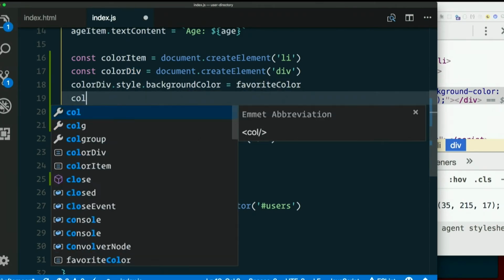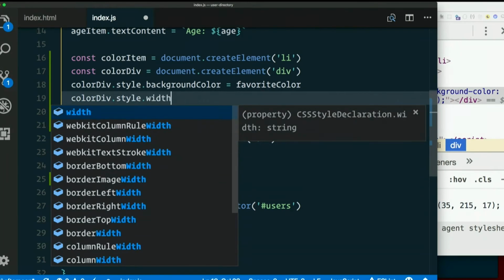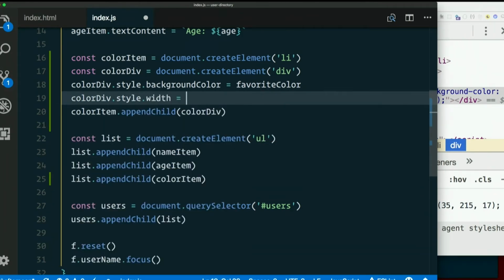So let's say colorDiv.style.width, and let's give it some sort of width. We could do it in pixels. I like to use a unit called rem. We'll talk more about what the heck a rem is. Anybody know? Anybody know what an em is? Yeah? Somehow related to the font size. It is indeed related to the font size. And a rem